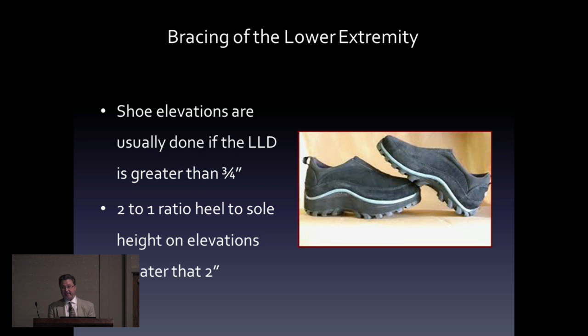I see patients that have what's called a Girdlestone procedure. Do you guys know what a Girdlestone procedure is? That's the removal of the femoral head in a failed hip replacement. Okay, so they basically take the proximal femur out of the patient. So they have this leg that accordions 3 to 4 inches underneath of them, and I have to put elevations